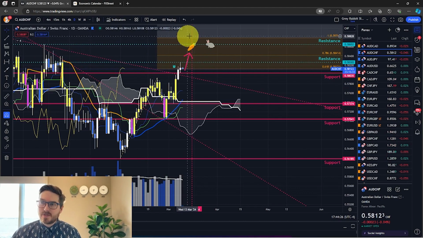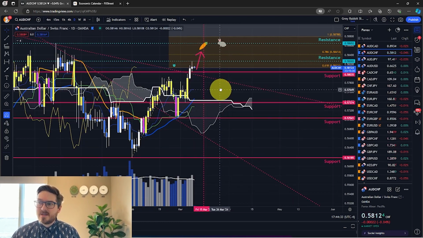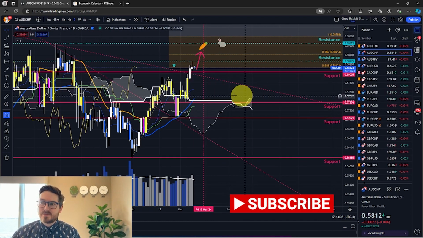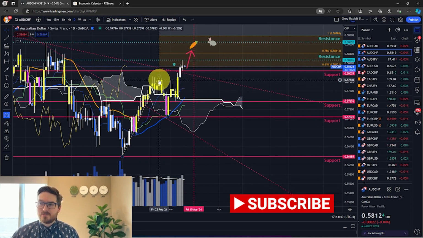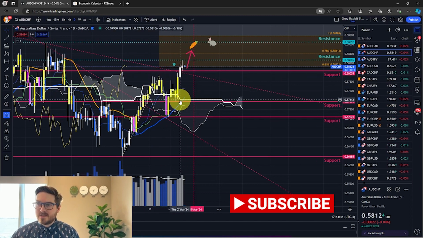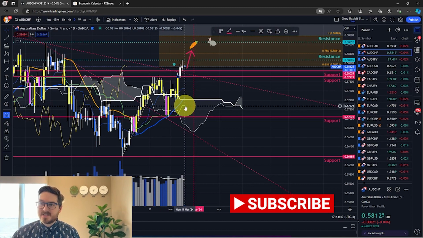So I'm expecting price to reach up to these levels, but we could see a retracement first. So right now the Tenkan-sen and the Kijun-sen are both flat. This Kumo cloud is still a little bit small to trust. So we could see price retest the resistance level, which is now the support. So we could see a retest of this level first, and then possibly even the Tenkan-sen, the Senkou span